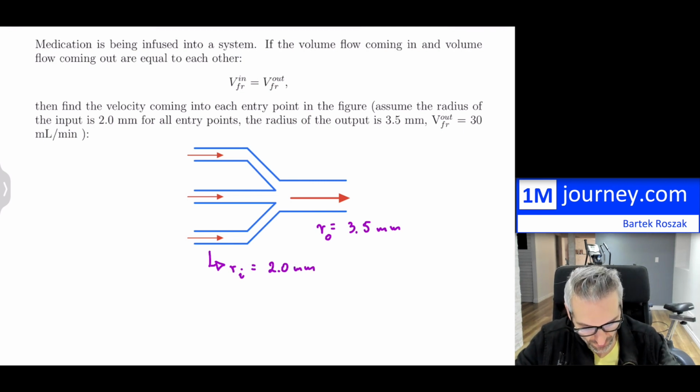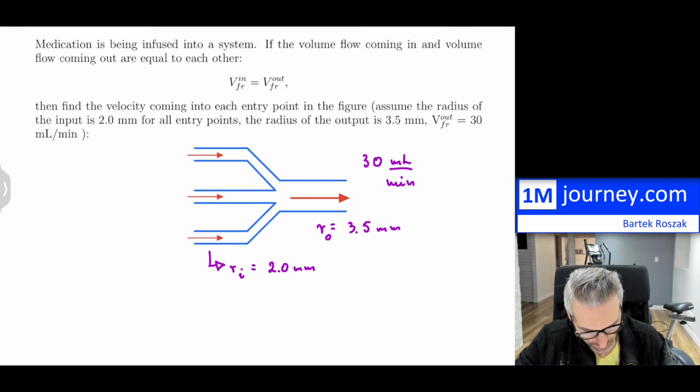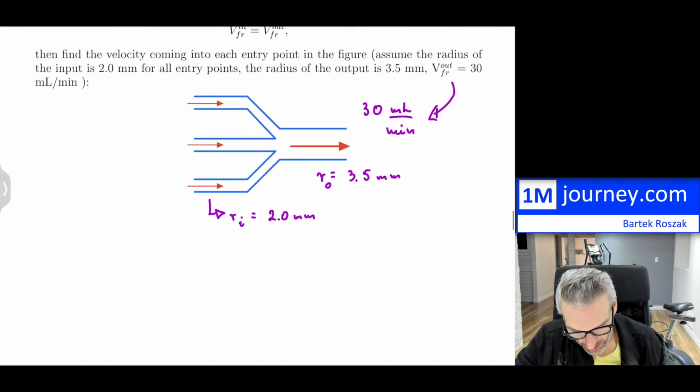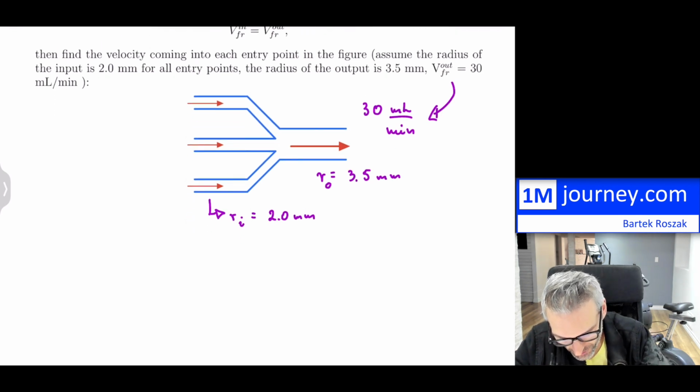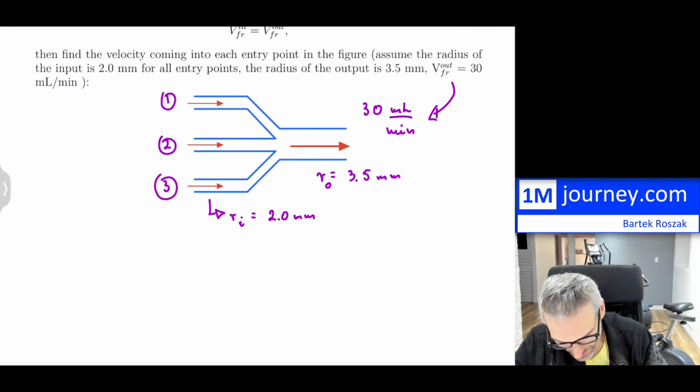Now, the volume flow rate coming out is 30 milliliters per minute. So it's very slow, and very tiny. That's the volume flow rate. Now, if this is true, then what is coming in and what is coming out are equivalent. And we have three, right? We have 1, 2, and 3. So these three have to be equivalent to whatever's coming out. So how would we capture that? Well, we would have 3 of these,